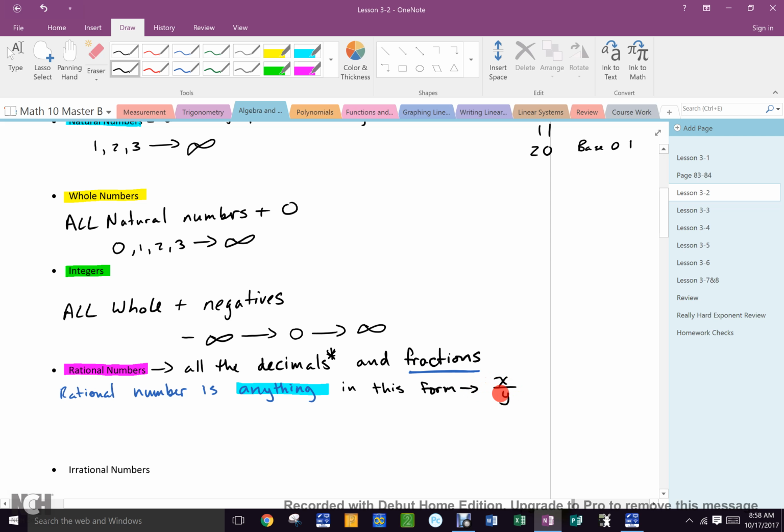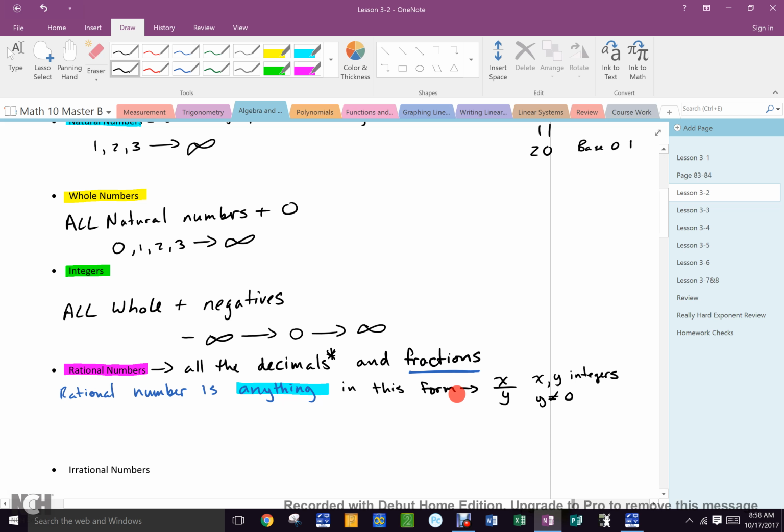X over y. Any fraction is a rational number, okay? But there's some rules. X and y are integers, and y cannot equal 0. If x and y are integers, they fit into this box, and y isn't 0, you have a rational number,